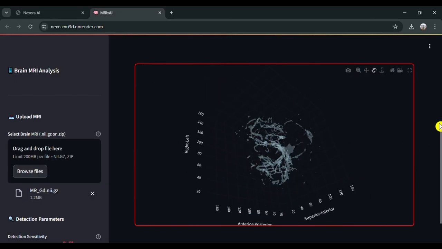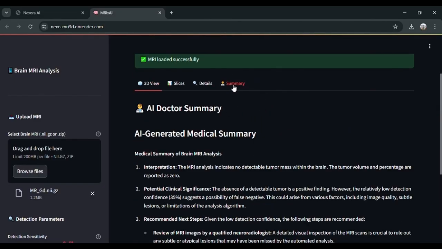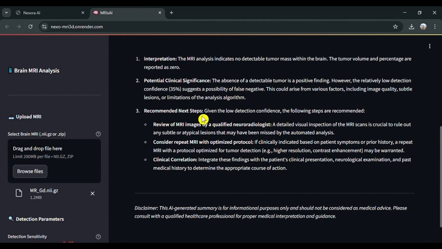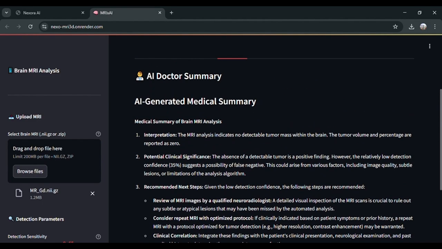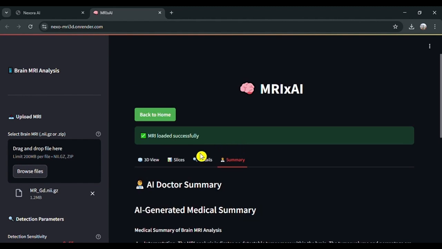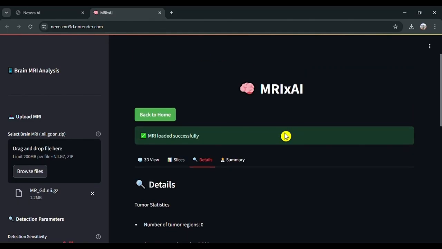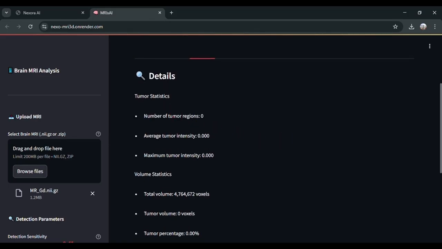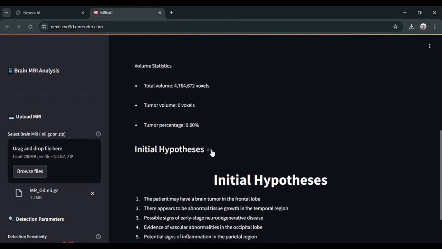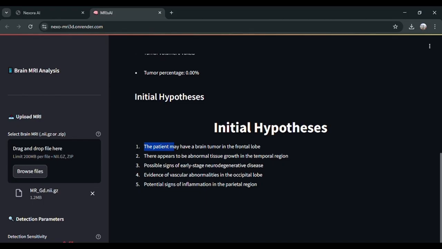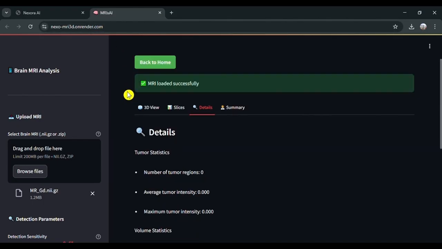And now if we go to the summary portion, here you can see that the tumor volume and percentage are reported as 0, which means the user is normal. And if you go to the details, here you will get a short or concluded version of the summary, like the tumor region is 0, average tumor intensity is 0, volume, and so on. We have another feature and all the data regarding it. Now going back to home,